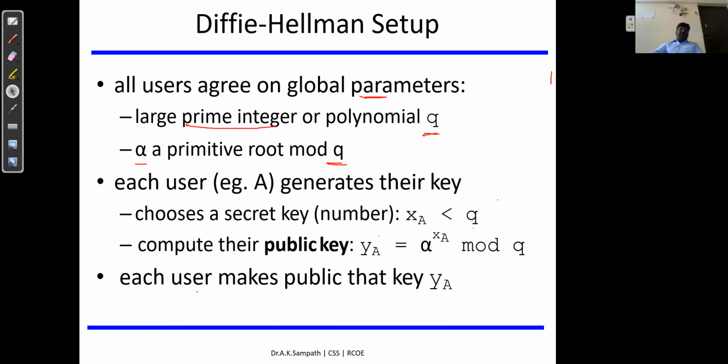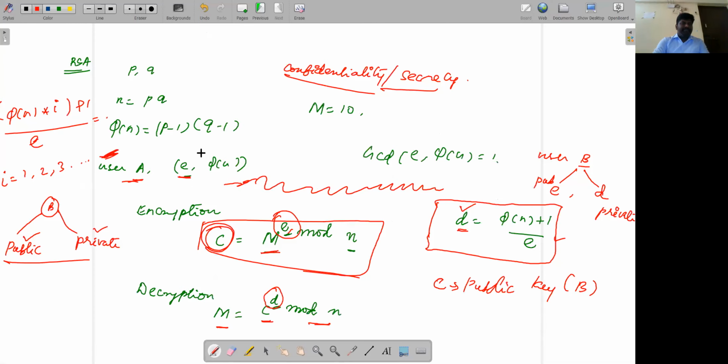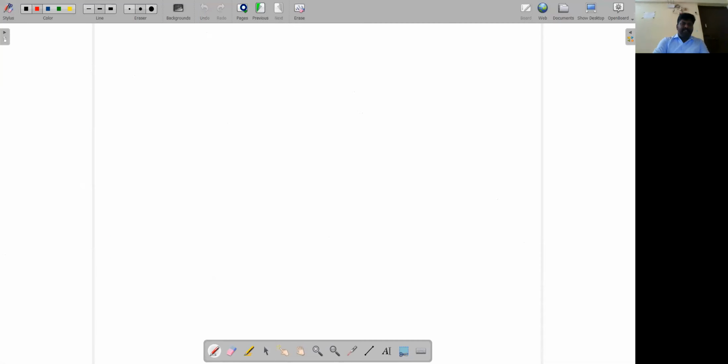So, when we talk about a primitive root, it's a number. I could say it's like a co-prime of the prime number which we selected. I can give a quick explanation. It's better if I explain it on the open board so that you will understand what this primitive root is.